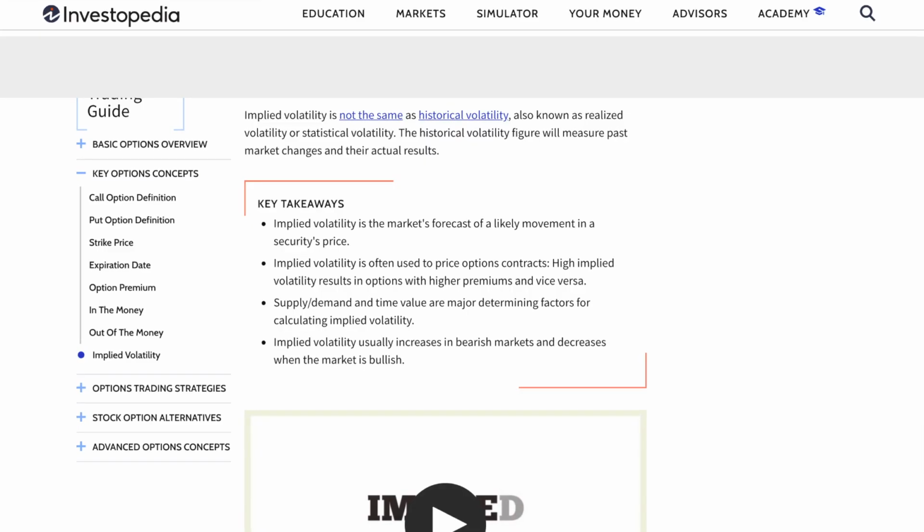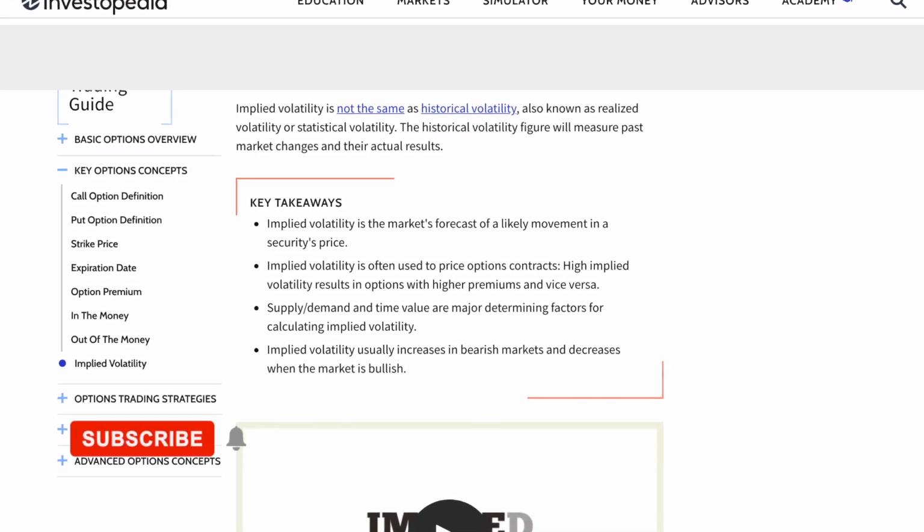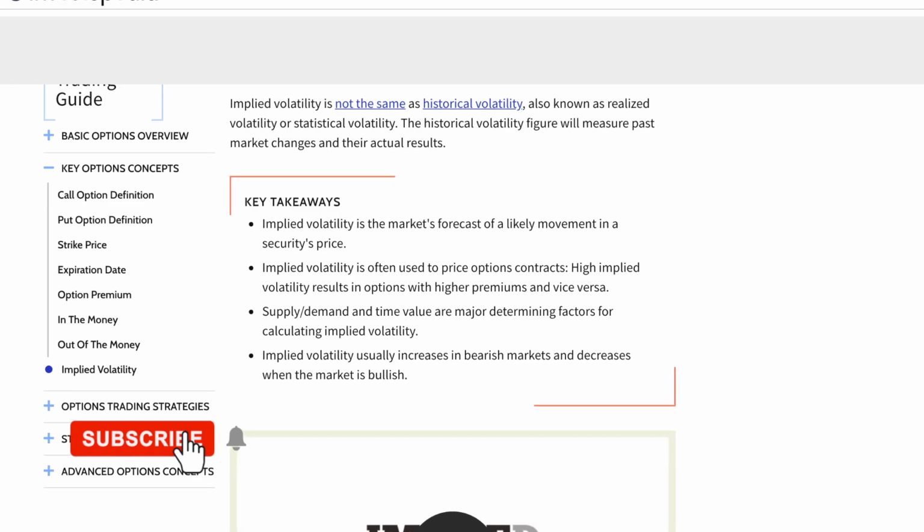But first of all, what is the implied volatility? To make it simple, the implied volatility represents what the market thinks about a certain stock. What is going to be the next movement for that particular asset? The implied volatility is represented as a percentage, basically showing the average move for that particular asset that the market thinks is going to happen. And the implied volatility always represents a one standard deviation move.